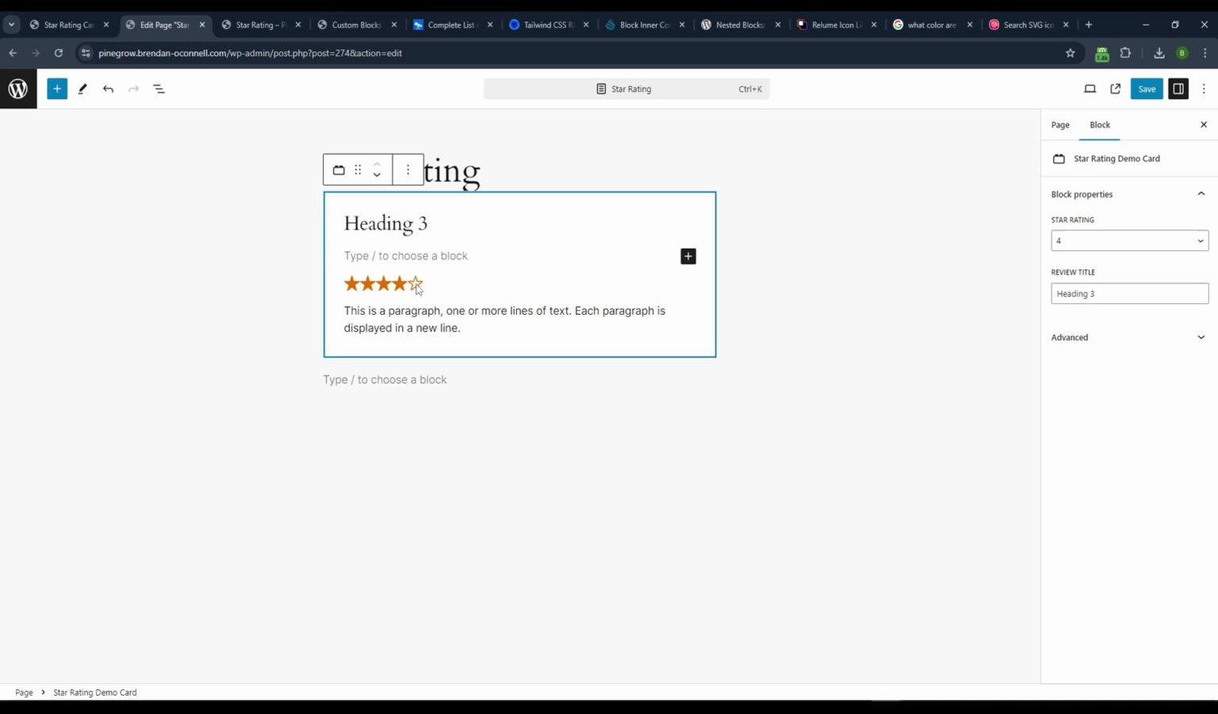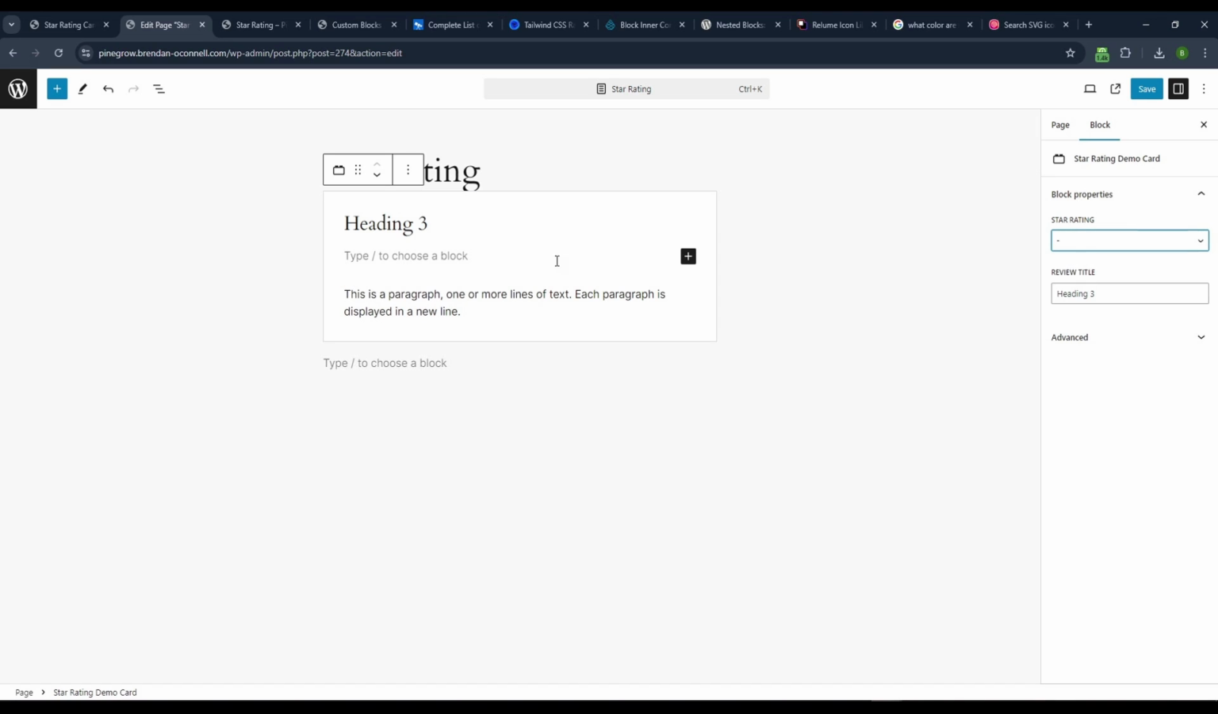It's going to show that last empty star there. So pretty cool stuff to be able to do that. I notice also when it's defaulting, it doesn't show any, right? So we can come back to our